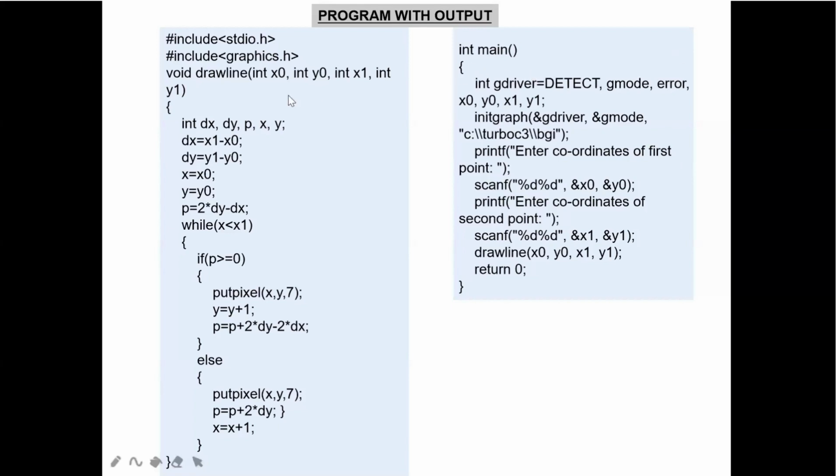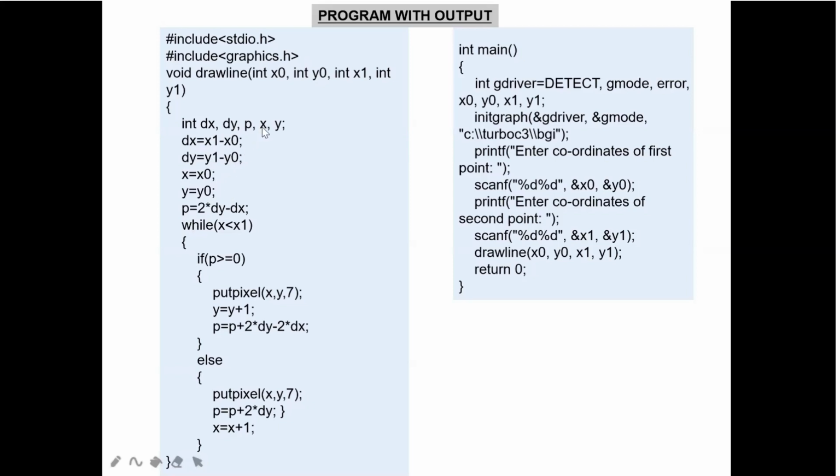So what are all the things? First, I have told you that we should have the initial points, that is x0, y0, which is one endpoint, and the other endpoint is x1 comma y1. If you are getting confused, you can take the variable names according to you. Here the first step, as I have told you, is to calculate the values of dx and dy. Here you can see the dy value will be the second endpoint minus the first endpoint, so y1 minus y0, and dx will be equal to x1 minus x0.